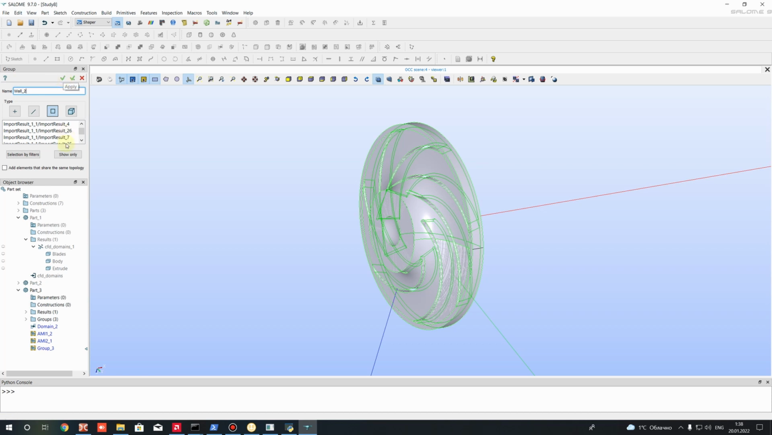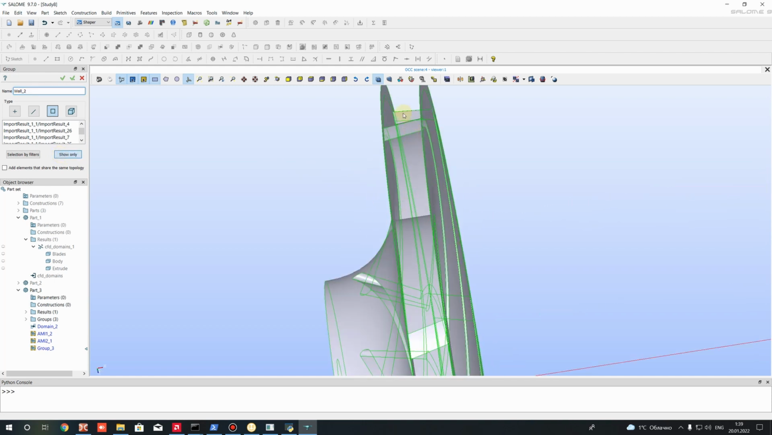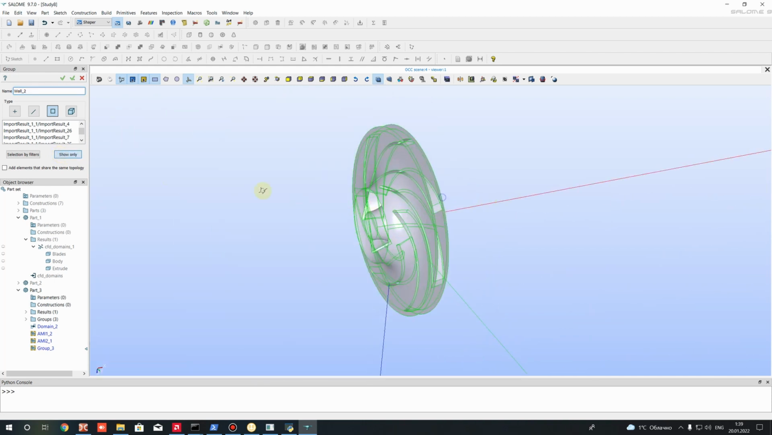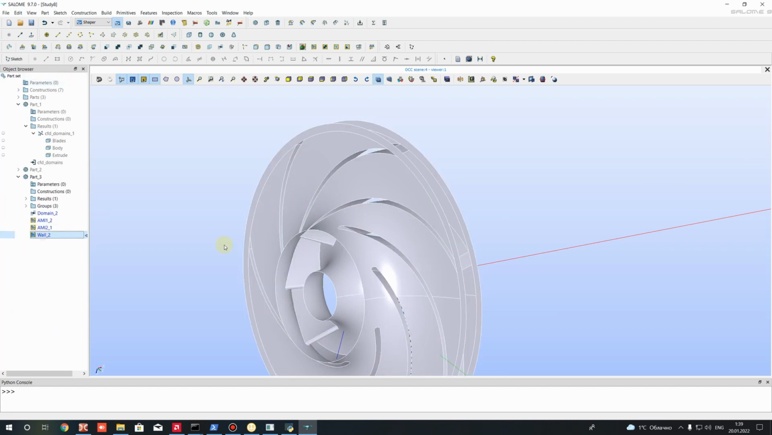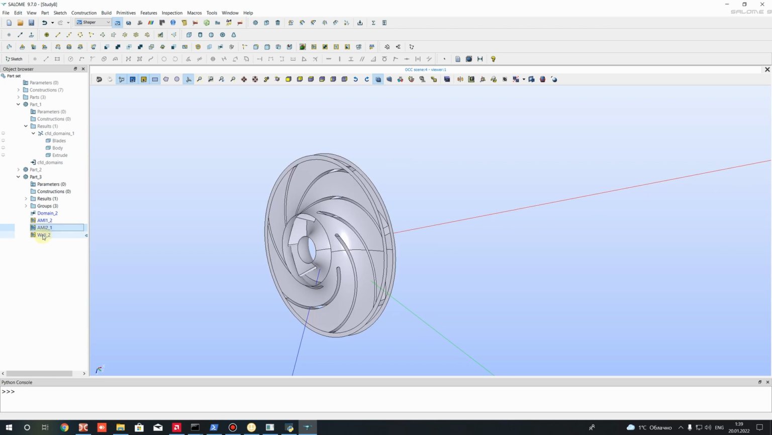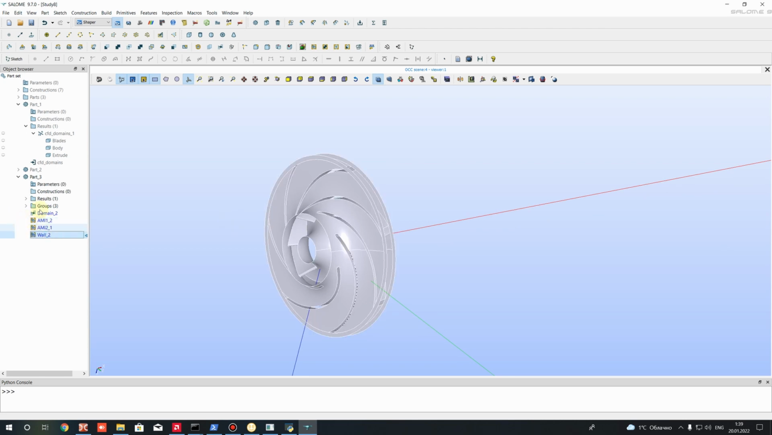Press, but we can check what surfaces we have in the tree by pressing show only. And as you can see, we have all faces here without EMI1 and EMI2 surfaces. So let's press apply. Here you have EMI1, EMI2 and wall 2. So after that,